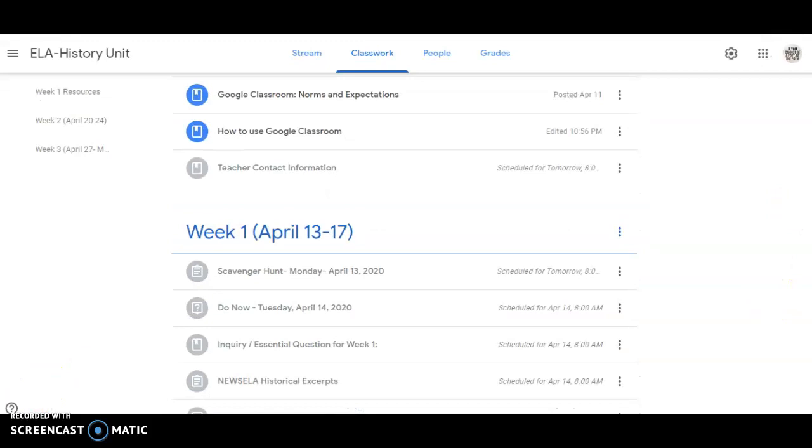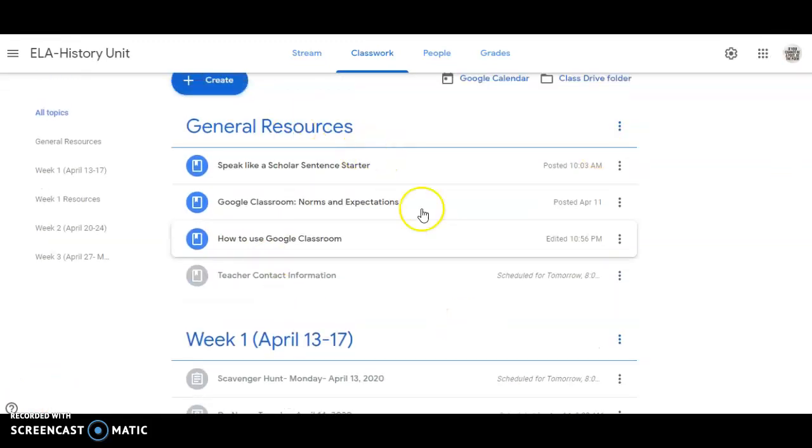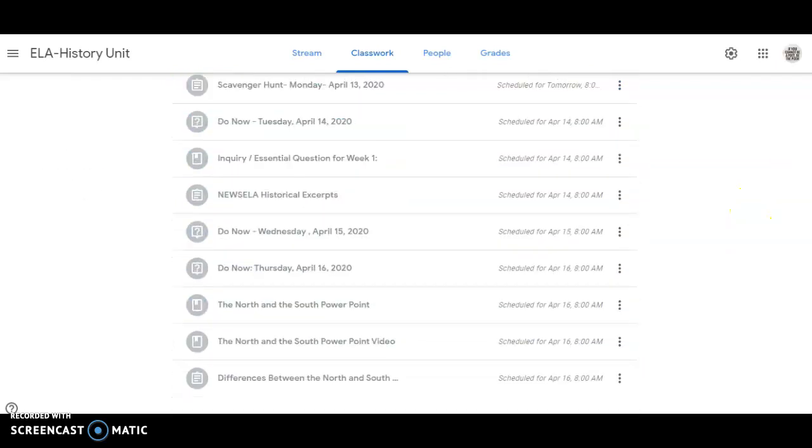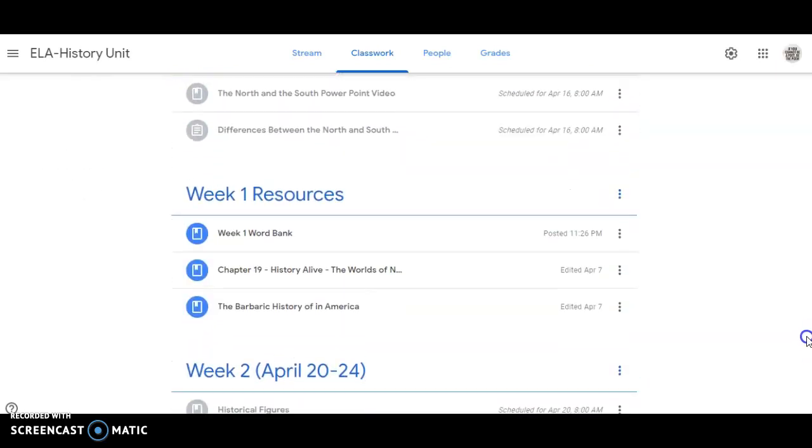Okay, ladies and gentlemen, now, just like you had general resources, you also will have additional resources that will be beneficial for you to look at related to the content of week 1. These are already in blue, and again, we have our little bookmark. They're resources, but it's important for you to look at these resources because they build up the information that you need to know for the lesson for the week. You have a week 1 word bank, your History Alive chapter 19. Yes, you do have to read it. And then this article